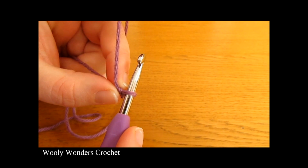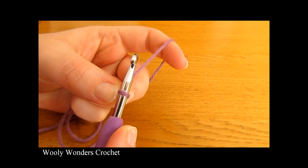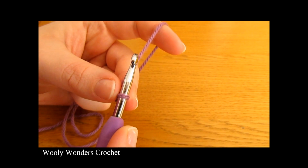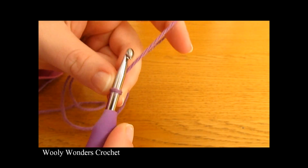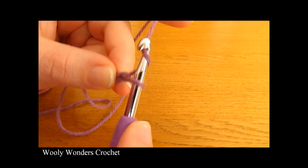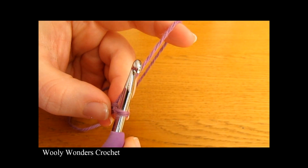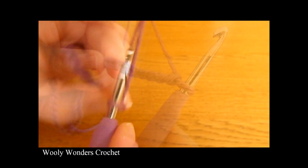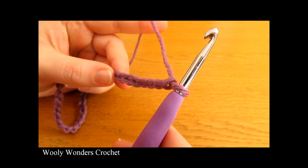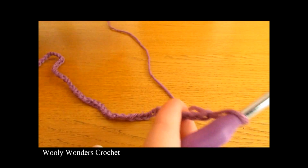And now once you have your slip knot, we are going to make our foundation chain. For our foundation chain, we are going to chain 77. So chain 1, 2, 3, 4, all the way up to 77. I have just finished making my foundation chain of 77, and now we are ready to move on to